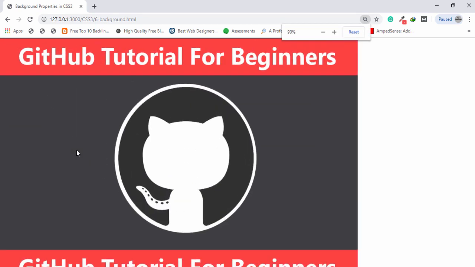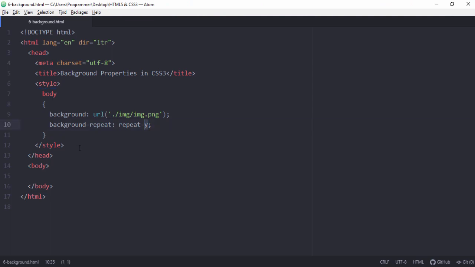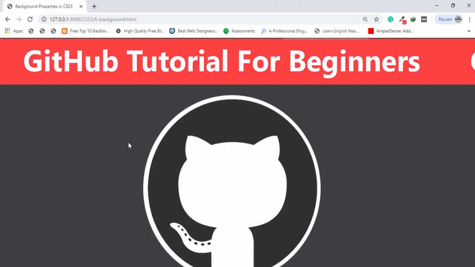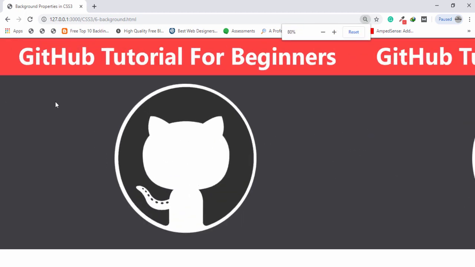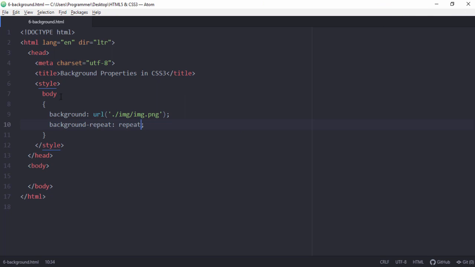If you want to use X, only repeat the left and right, but I want to leave that. I want to display only one image. I'm going to use the no repeat property,